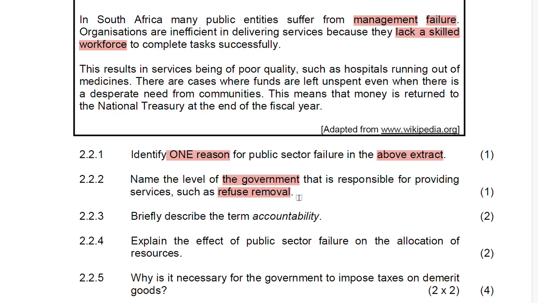I believe that you would have seen the trucks coming to collect the dustbin from your hometown, right? So who is responsible for doing that? The public sector is responsible for doing that. It is local government,